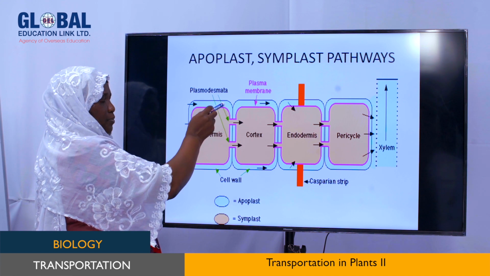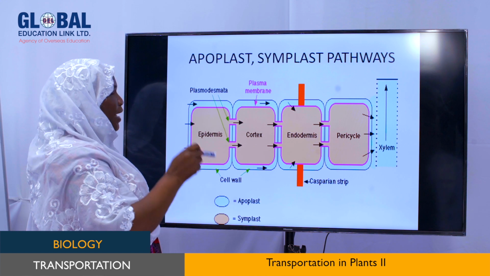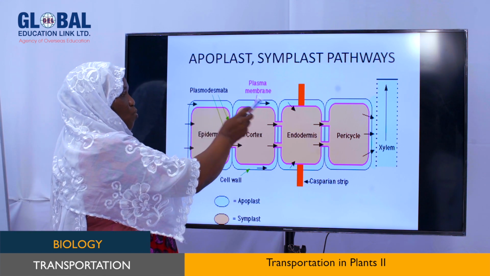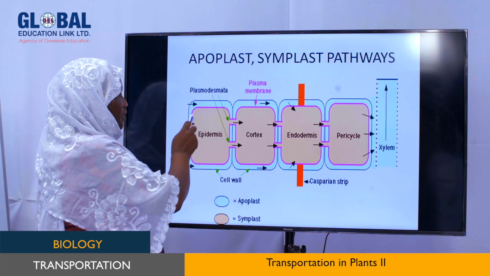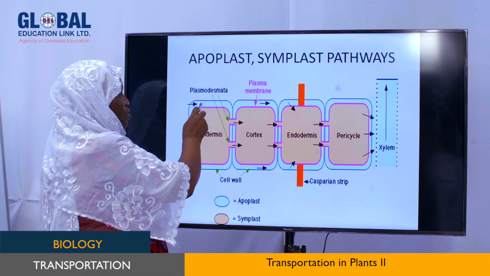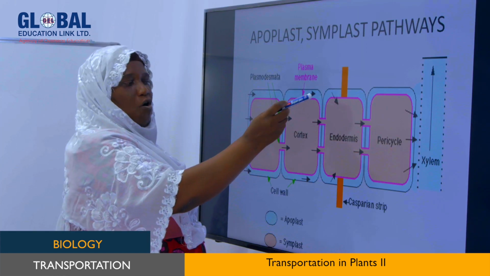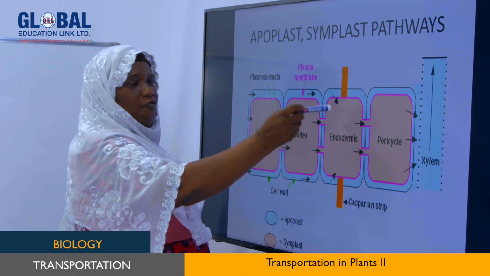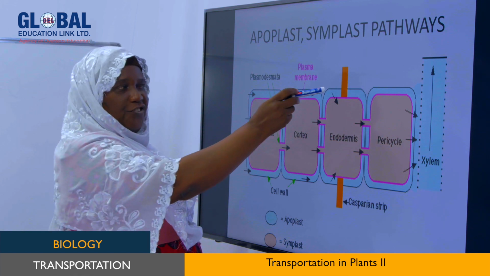So, in one route, water and minerals will move through cell walls, from the cell wall of the epidermis cell to the cell wall of the cortex cell, then it enters the cell wall of endodermal cells. But after reaching here,